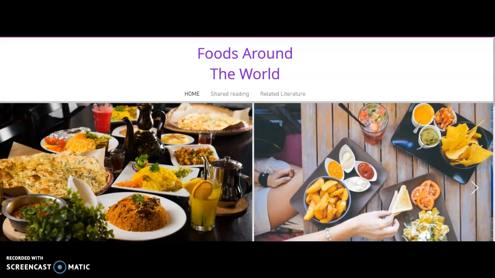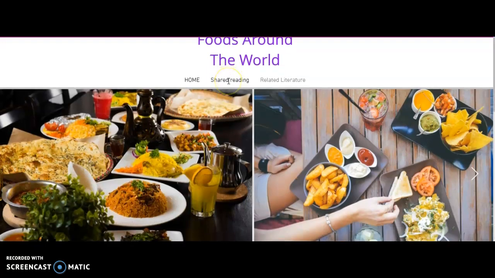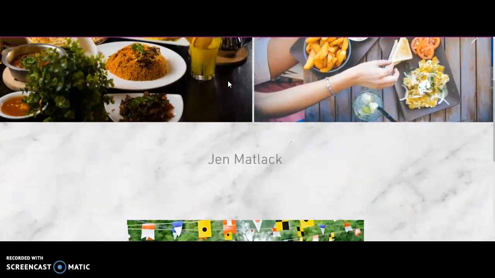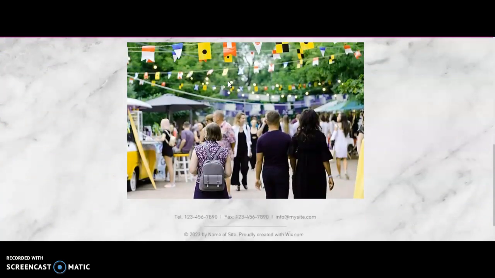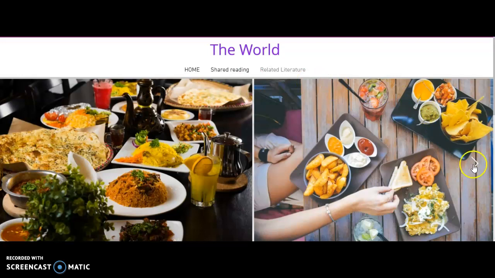Welcome to my Balanced Literacy E-Unit. The focus of my E-Unit is food, and my theme is foods around the world. I chose this theme because it is engaging and introduces different foods from various cultures around the world. This unit is mainly focused for pre-K to 3rd grade readers, and the standards addressed align with NJ Learning Standards